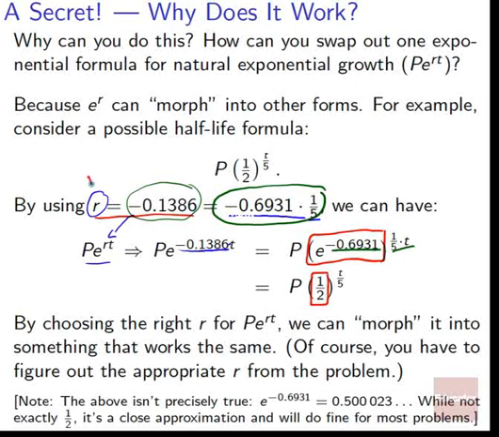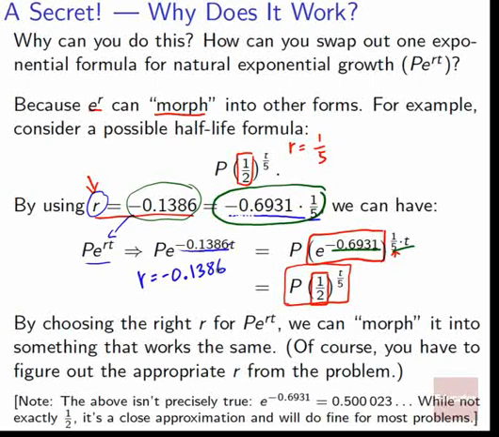By this careful choice of r, we're able to get e to the r to morph into something else. We can get it to morph into this original 1/2, and now we've got this 1/5 here, so it becomes just P times 1/2 to the t over 5, which is what we originally started with as the half-life formula. By this careful choice of r, and notice, the r here is equal to 1/5. The r here is equal to the very different negative 0.1386. We get totally different r's here, but by choosing r carefully,